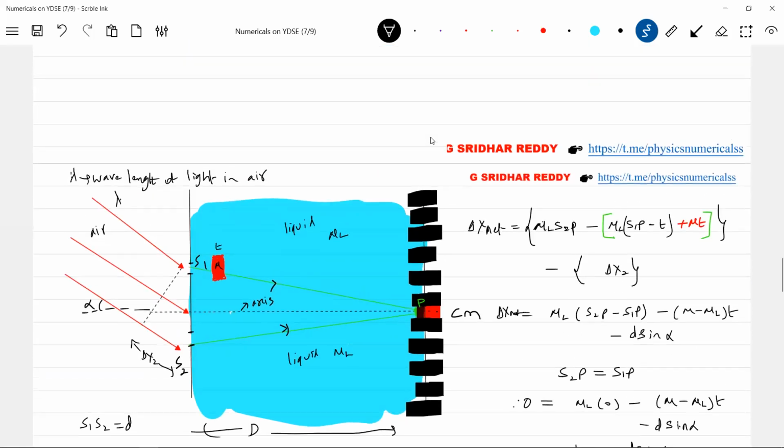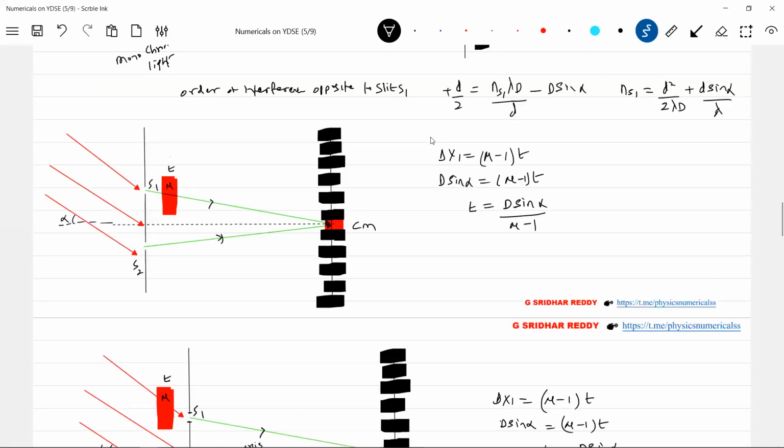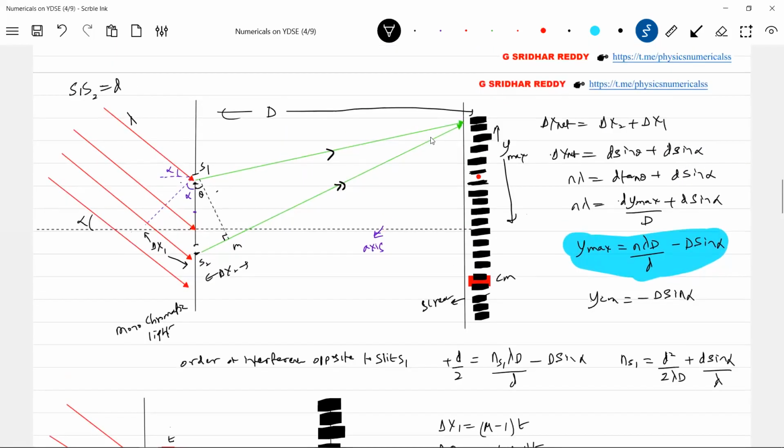What is that? If the ray comes illuminated in this way, where the central maxima is, it will be below the axis, no? If the ray is incident at an angle alpha, it will make an angle alpha with the axis in this direction. Now the central maxima will not be above the axis, it will be below the axis. Now, what should we do? The central maxima should be shifted up. It should be brought exactly opposite to slit S1. Getting the idea? I think there's a background we needed.